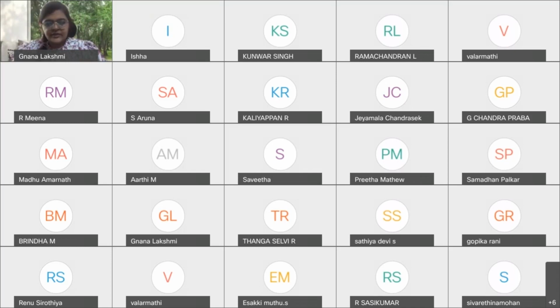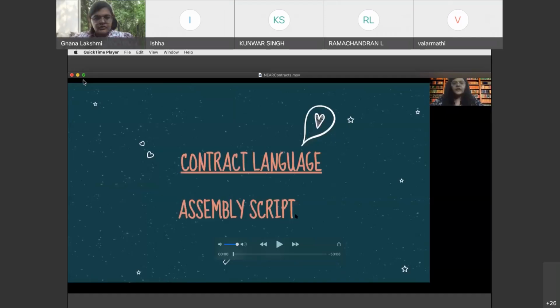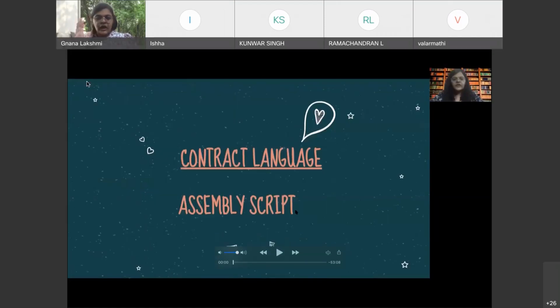So let me share my screen. By now, you know how an AssemblyScript smart contract looks, right? Even if you don't have an editor or a terminal, I would still encourage you to write these smart contracts along with me as I'm writing them on the screen. You will get used to the pattern and the workflow, and later you can compile it, deploy it and do all of that.